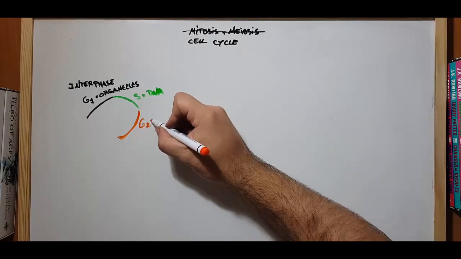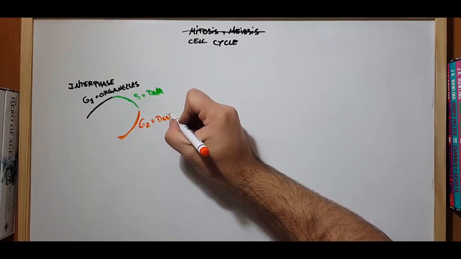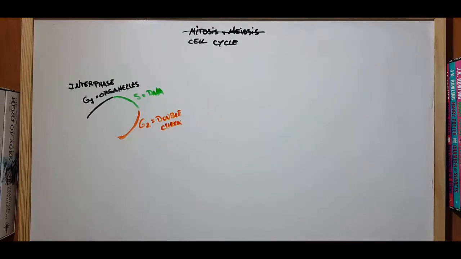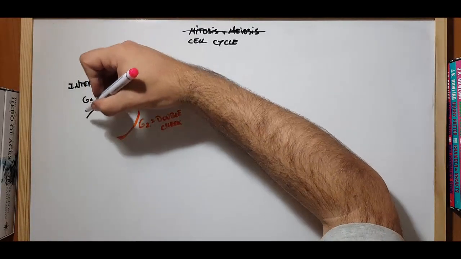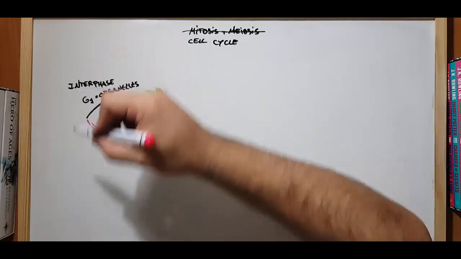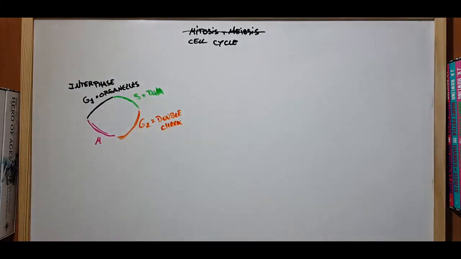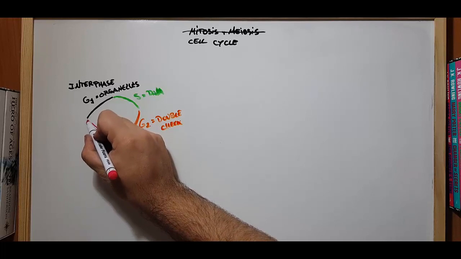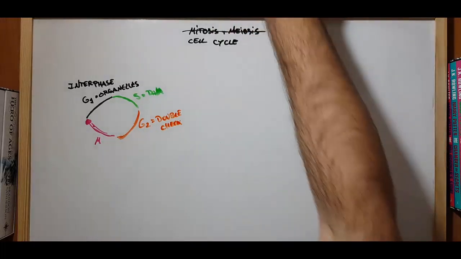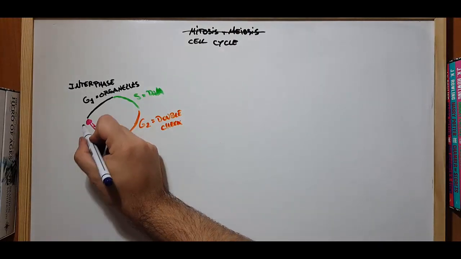There is a phase that is called the double check, where we're going to see if everything is okay. We have two of every organ, two of every thing, okay? And then we're going to get into the mitotic or meiotic phase, okay? And here, at the very end, when we have two cells, we can have something that is called